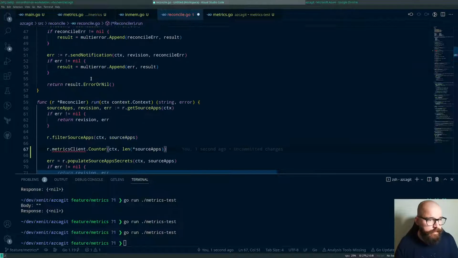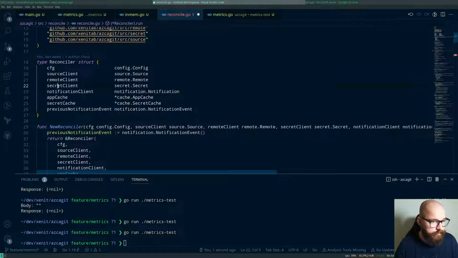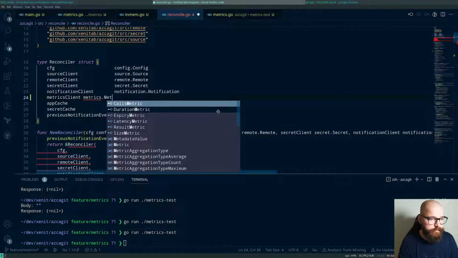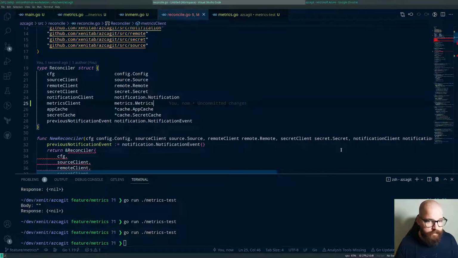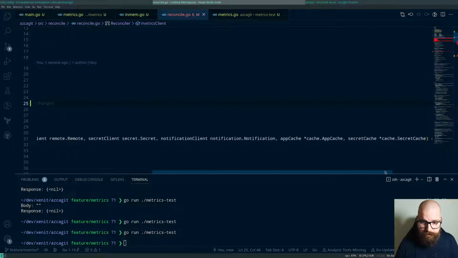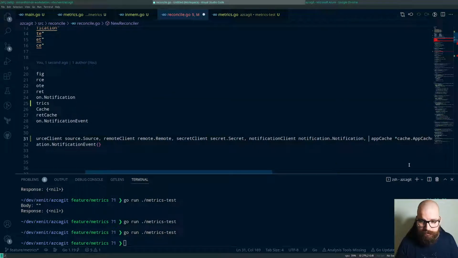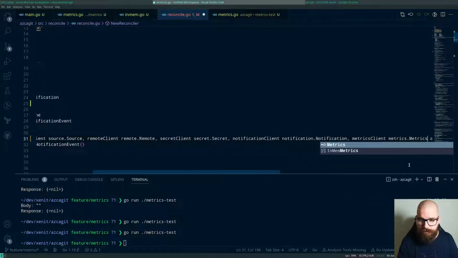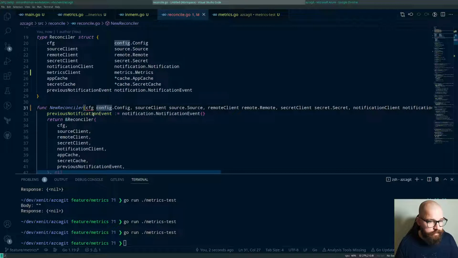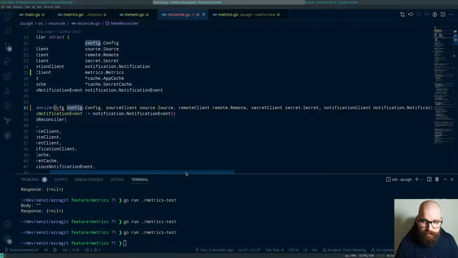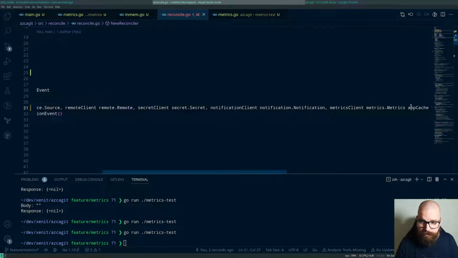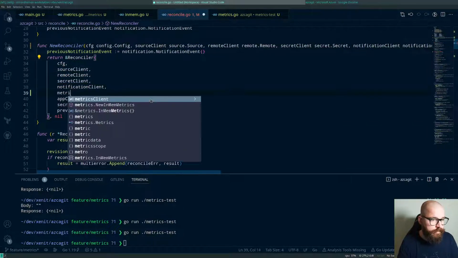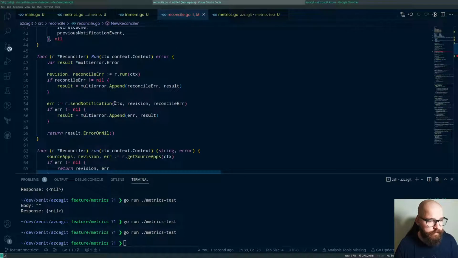Yeah. Then we need the metrics client, and we need to insert the metrics client. Now we have the metrics client,